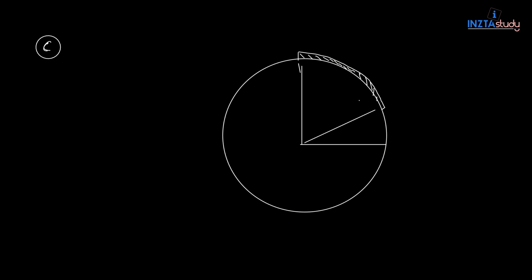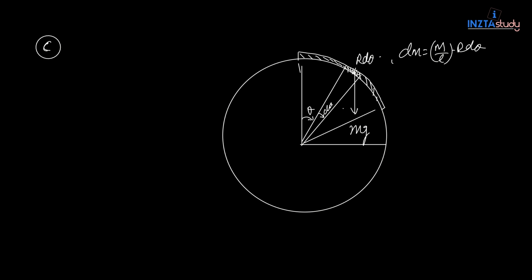So what I will do is consider the entire torque, supposing it is slipping in this direction, and I'll calculate like that. Let me go to an angle θ and consider some element. So I have gone to an angle θ, and I have taken an element of length r dθ. If this mass is dm, then dm is going to be m by L into length dl, that is r dθ. So this is mg.